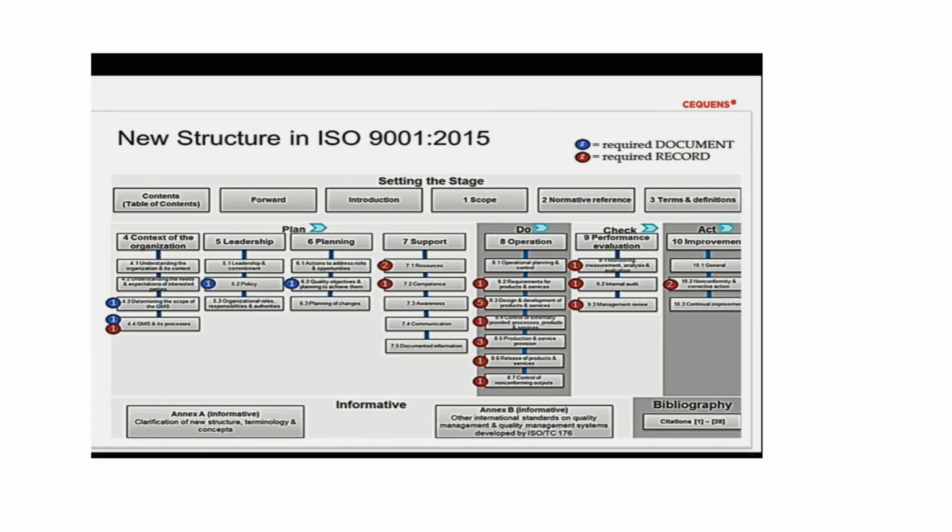Okay, next. Quality objectives and planning to achieve them. This is a required document, so it has to be a document. Quality objectives and planning to achieve them. So I need to have every year a quality plan. Of course, the objectives of the quality can be for 5 years or so. But every year you need to have a plan for the quality, what I'm going to do with the quality,